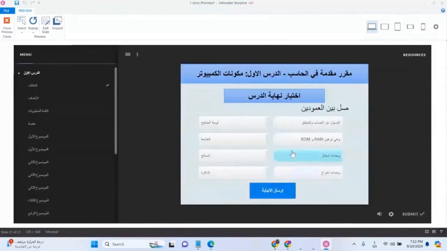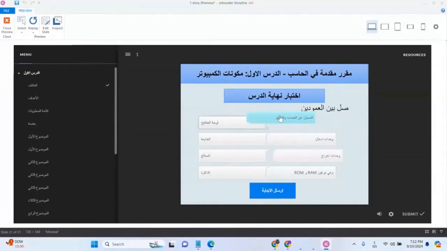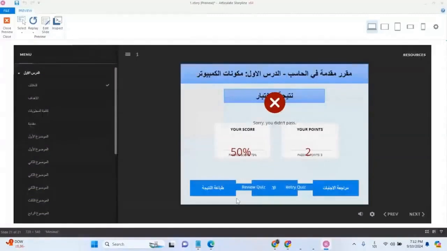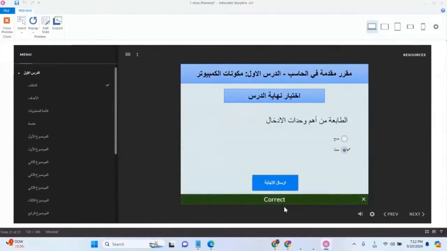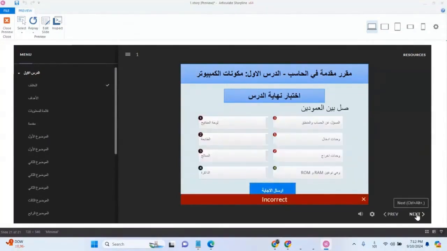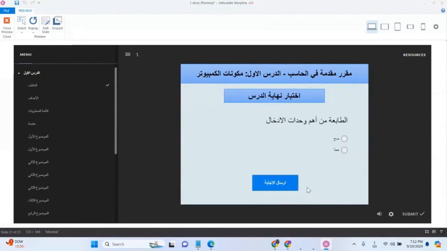Buttons for preview and retry. Review does it perfectly, shows correct answers. I got 50% and it told me 50%. I got 2 points and here there are buttons for review and retry, meaning review and retake. If I do this review, it will review it perfectly. This review shows me the correct answers. But if I click on this other review, it doesn't give me the right feedback.